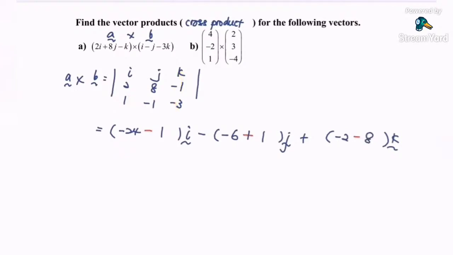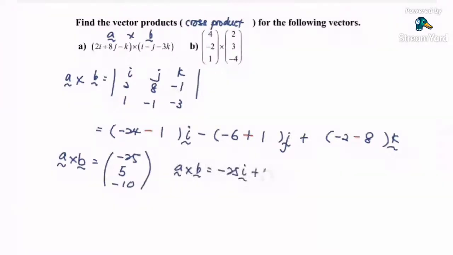Then simplify the situation, where A cross B is equal to -25, followed by -6 plus 1, which gives -5, so 5. Next, -10. So we can write A cross B is equal to -25I plus 5J minus 10K, where we have the normal